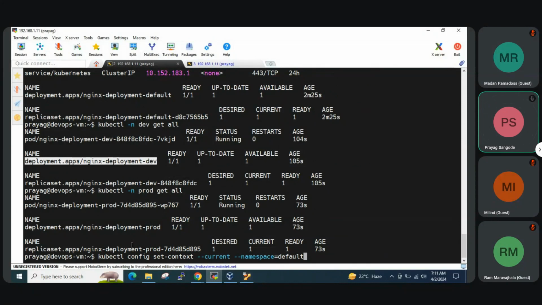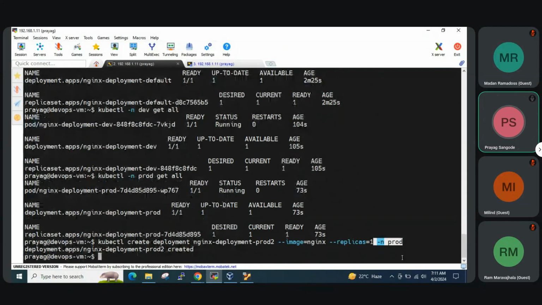And if we want to create one more deployment, okay, so this is a deployment for prod, and if I don't want to go inside the prod namespace and do that, I'll just add here -n to create it in the prod namespace. But here we'll have to add number 2 because the name will conflict. Okay, so what I'm doing here is -n prod means create something in the prod namespace. Similarly, if I add here dev, so whatever namespace you may be in, if you add -n,